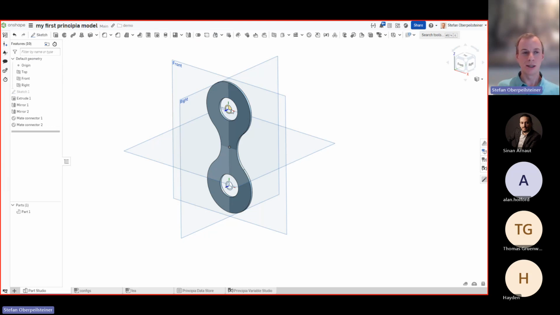Because when you do the import into the assembly, and you have more than one instance of the part, you already have all the interfacing points. And in my opinion, it is much easier to create those mate connectors in the Part Studio without having all the other parts in the surroundings. Of course, you can hide all the parts in the assembly, but it is always beneficial to start with this